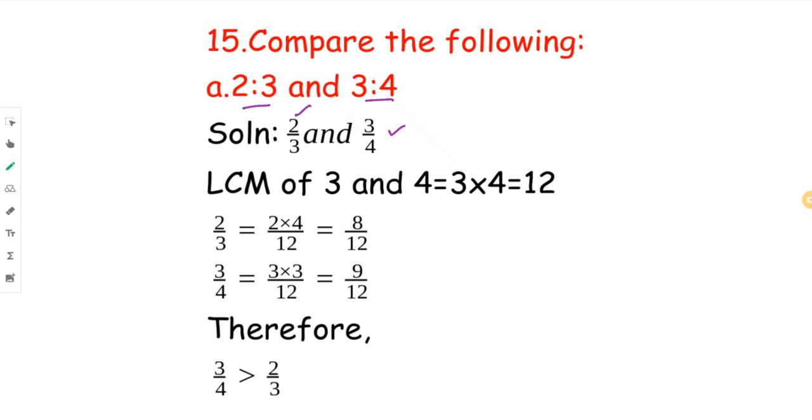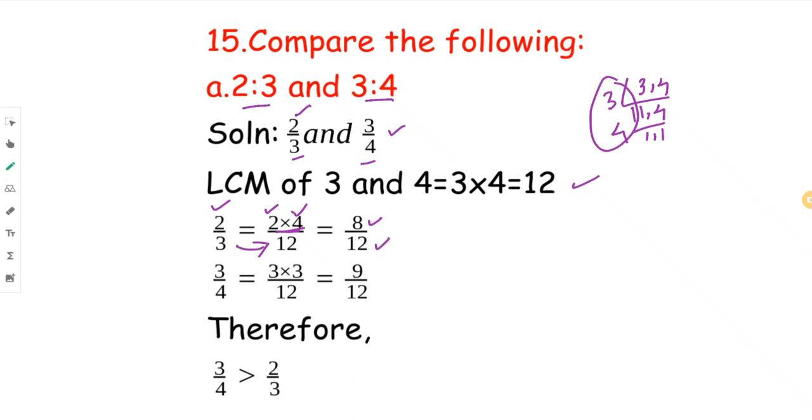Now when you look at the denominators, they are both different, which means I have to find the LCM. If I try to find the LCM of 3 and 4, it will simply be 3 1s are 3 and 4 1s are 4, which means my LCM is 4 3s are, or 3 4s are, 12. So I've written down the denominator first. Now we have to write down the numerator. So I've written 2, then 3, how many times are 12? 3 4s are 12. Now if you multiply 4 2s are 8, and then the common LCM is